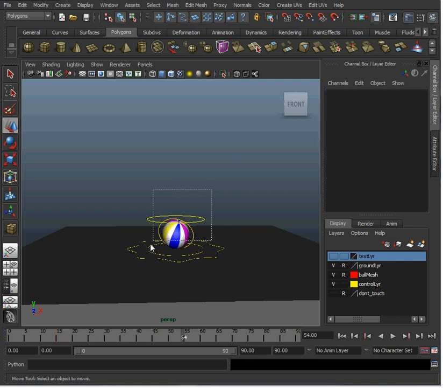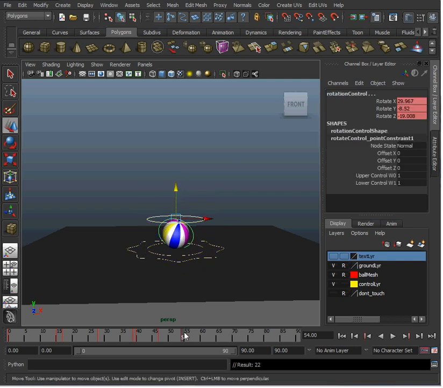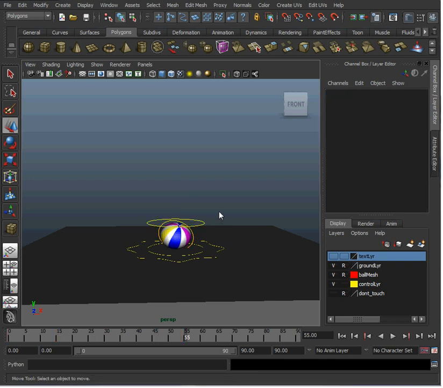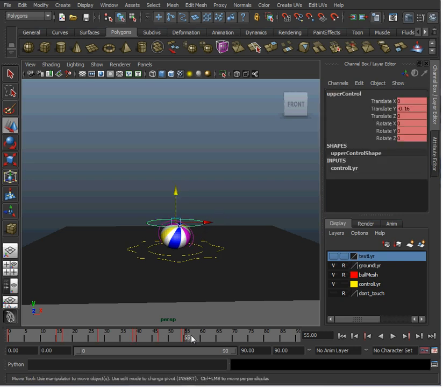I'm going to have it go and squash down in just 1 frame, so just be a little squash like that. And then if you want to stop your animation, we could just have it go in 1 more frame or 2 more frames and have it go back into its normal position. So this is the basic animation.